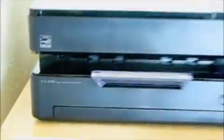This is Electric Velocity, and I'd like to give you a review of the Samsung SCX-4500 laser printer with color scanner. The first thing I'm going to say about this product is don't pay retail for it. There's no way that it's worth retail for anybody. I got it for half off of retail through a seller on Amazon, so that shouldn't be too difficult to